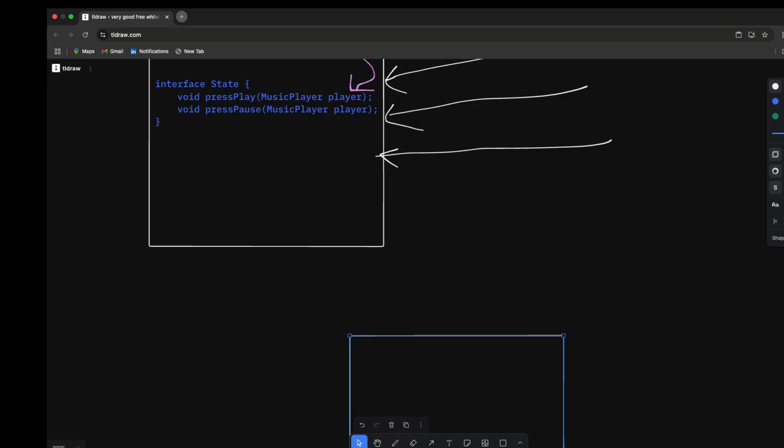When it is stopped, pressing play starts the music. When it's playing, pressing pause should pause the music, and when it's paused, pressing play should resume. So there are three states through which our music player is going to go. So that means when we call the play button, when we press play,